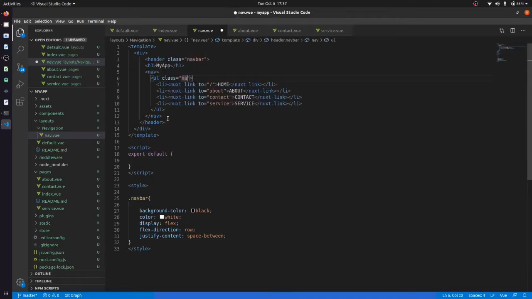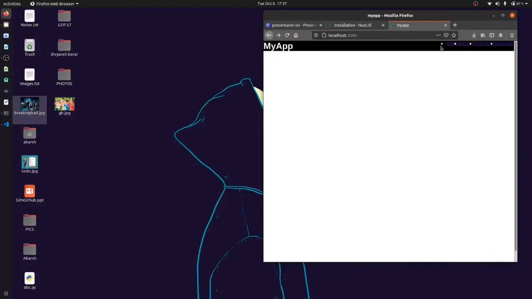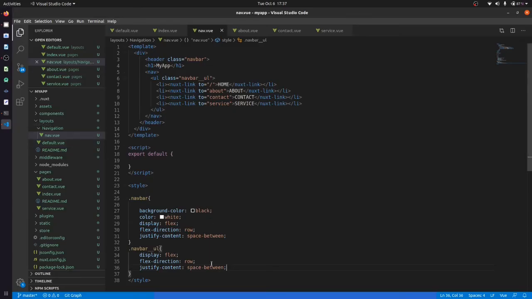Then a class nav bar ul, okay, and after that nav bar ul. What we can do, we can just copy this thing here only, save. We have application here, okay, and now a space between.